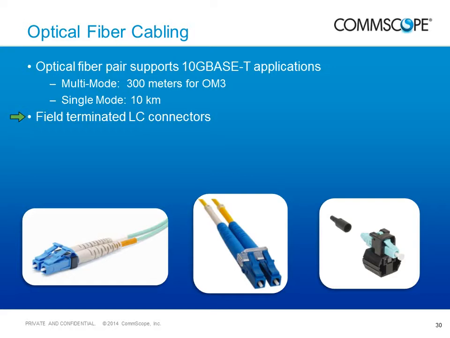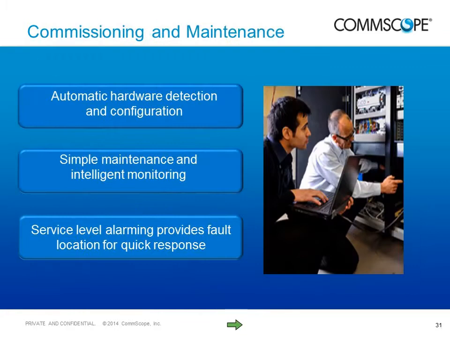A couple of words about the commissioning and maintenance of an ION-E system. We detect the hardware automatically and can configure that with extreme flexibility using the software or the GUI. It is a very simple maintenance, and that provides for intelligent monitoring. And we have service level alarming provided for easy fault location, which makes it easy for non-RF personnel to monitor the performance of the ION-E